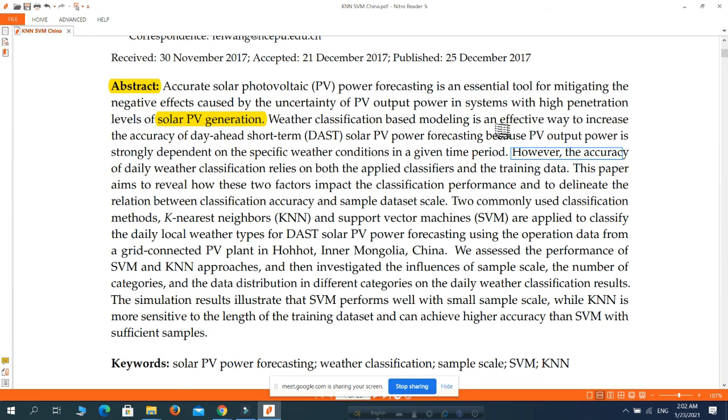However, the accuracy of daily weather classification relies on both applied classifiers and the training data. This paper aims to reveal how these two factors impact the classification performance and to delineate the relation between classification accuracy and sample dataset scale.